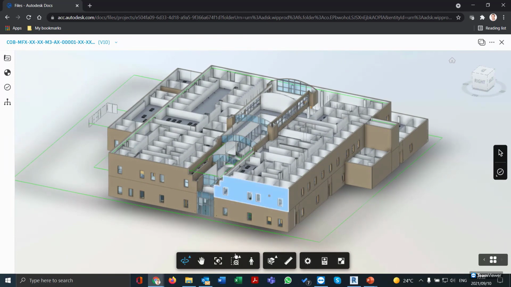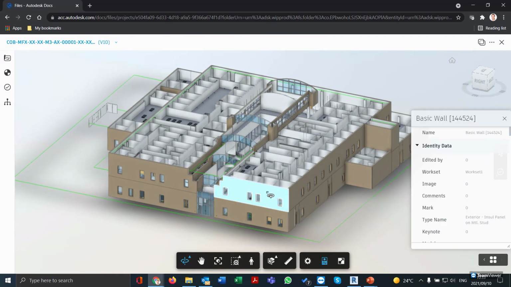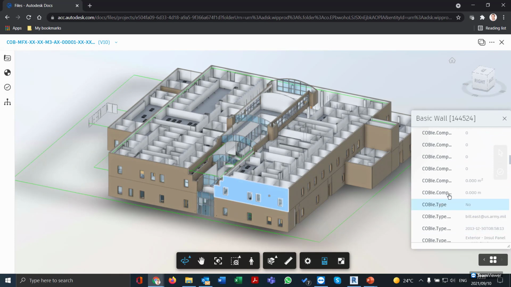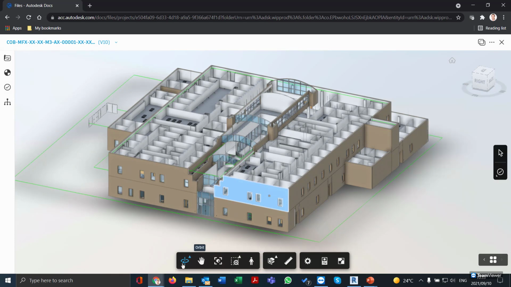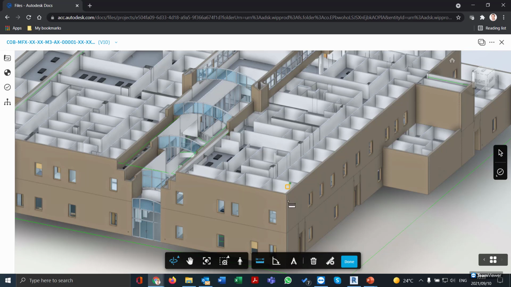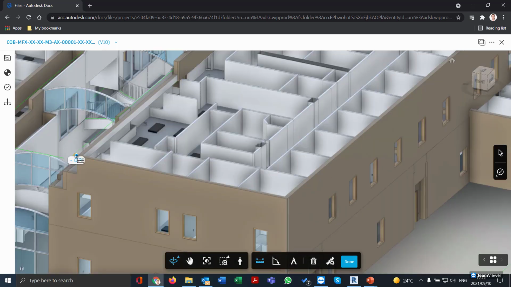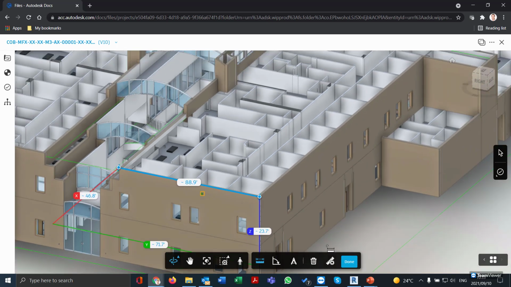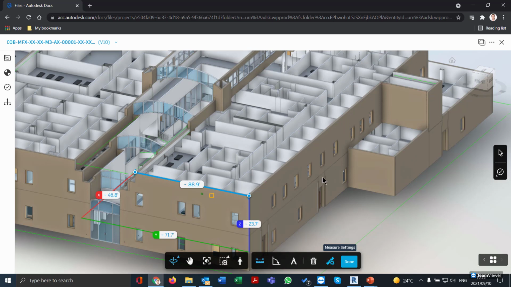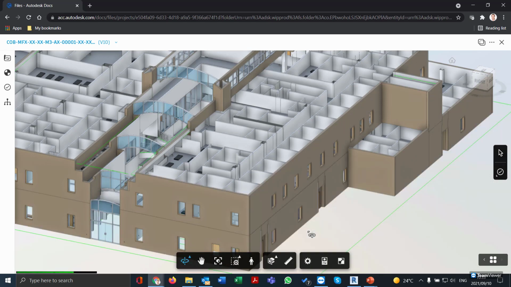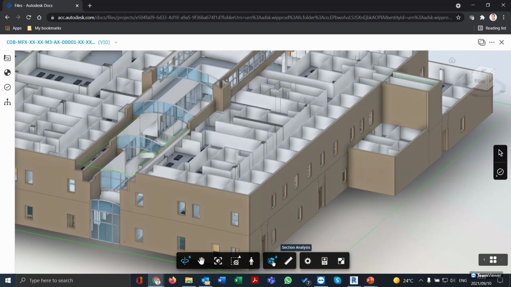They can actually click on something and look at the properties of that. So as they click on a wall, there's all the properties of that particular element. There's obviously different things. They can orbit, pan. There's measure. You can measure, say, from a point over here to a point over there, like so, and it'll give you international imperial measurements. I'm pretty sure you can just change this to something different. But then there's also